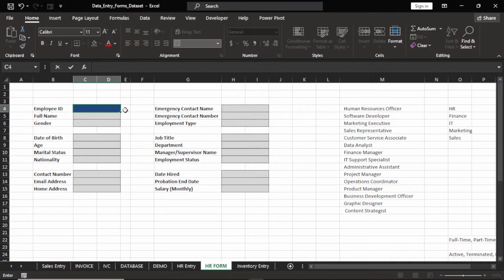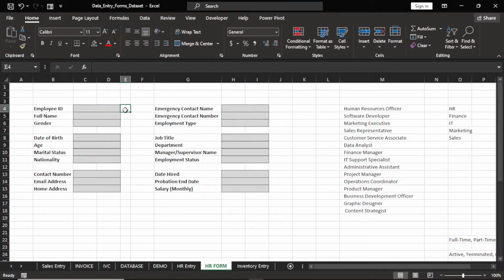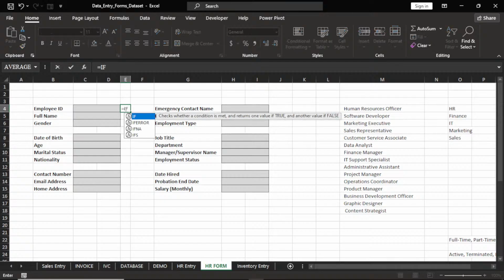Now, what I will do is I will come here and use the if statement, the IF function. That's why all those things we are learning are very important. So I'm going to say equals IF. Let me double click this. Now I'm going to say if this equals empty, if it's nothing, then I will just put open and close quotes. That means nothing. If the value in this place is empty, that means nothing is in it, then